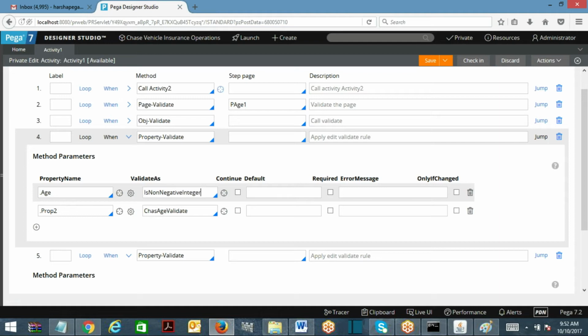Okay. Yeah, Harsha, can you repeat page validate? Yeah, page validate is pretty straightforward and simple. Page validate, I will call a step page. Okay, on the step page I have 5 properties. Out of these 5, 3 properties have edit validate called in the advanced tab. That is going to execute those 3 properties. Edit validate will be executed. The remaining 2 do not have any validation, so nothing will happen. Okay, this is clear. Page validate is clear.